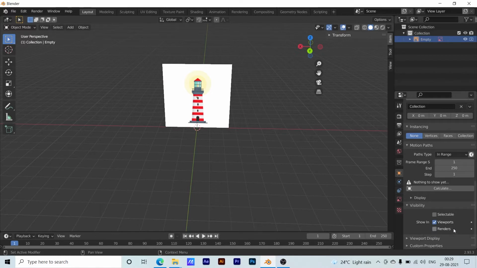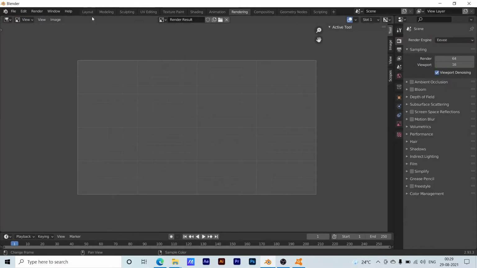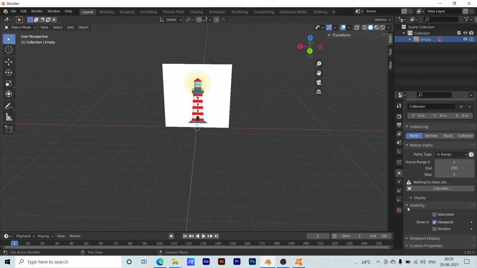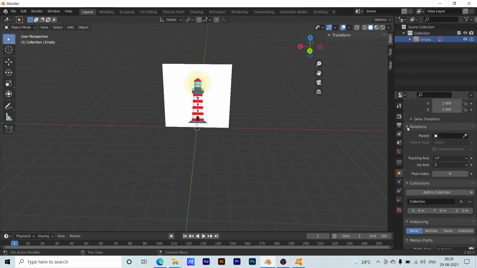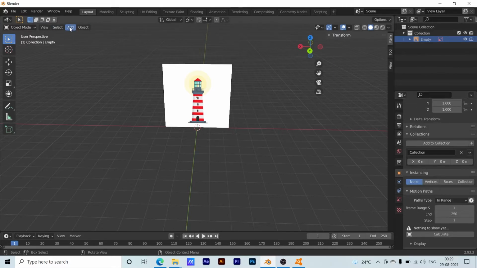Until this means it is not selectable. Now it is not selected. Now it is not in render view. Okay, so now you got the point. So coming to the point, now I add